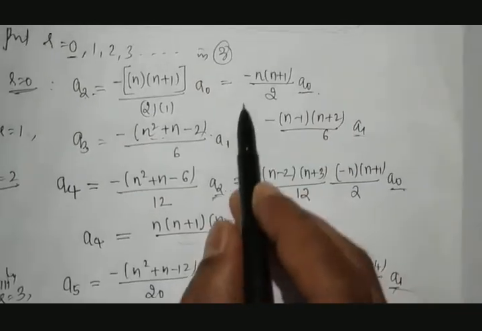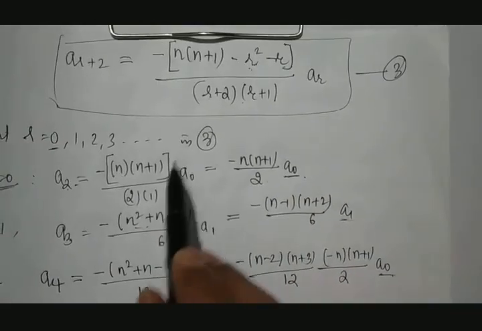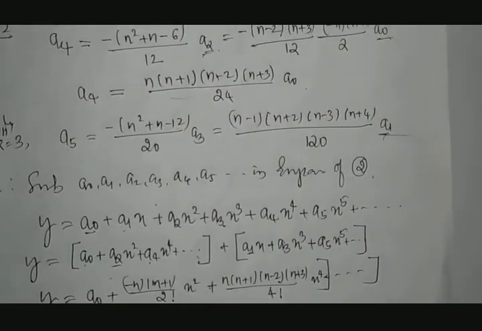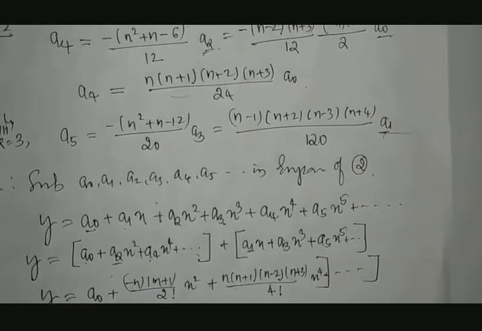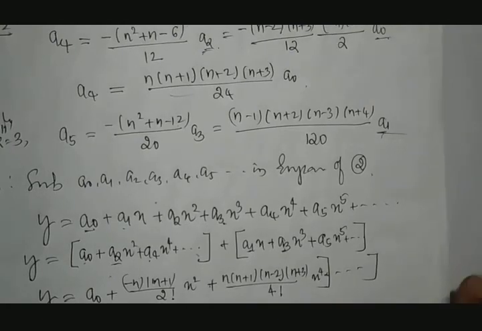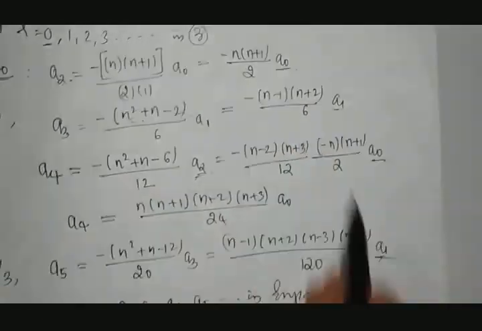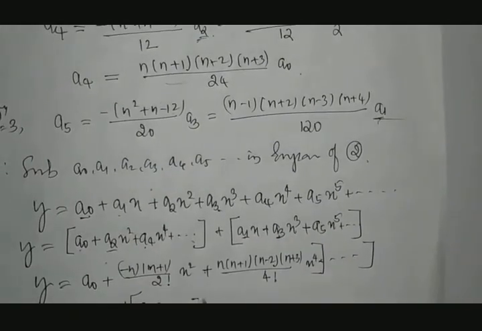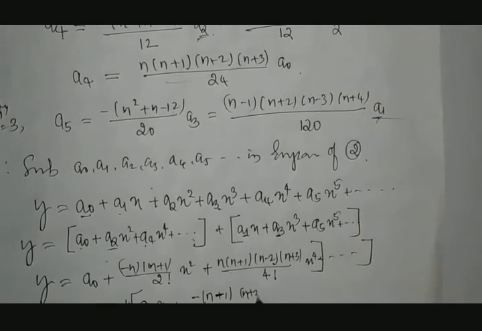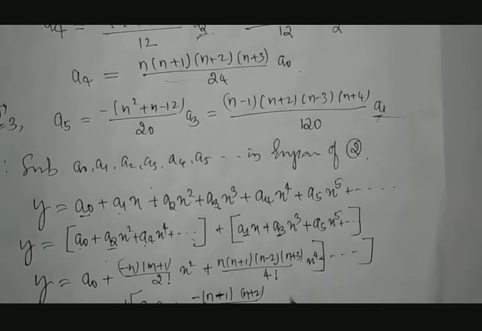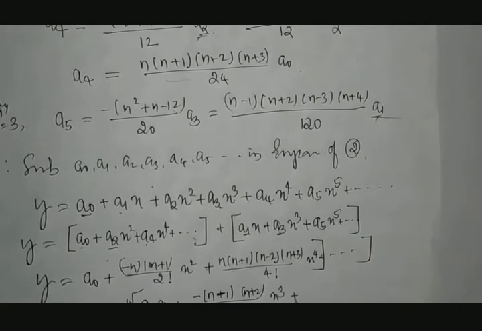A1 is not equal to 0, so that is same. So A1x plus A3. What is A3? A3 is equal to this. So that is minus n minus 1 into n plus 2 divided by 3 factorial into x cube plus